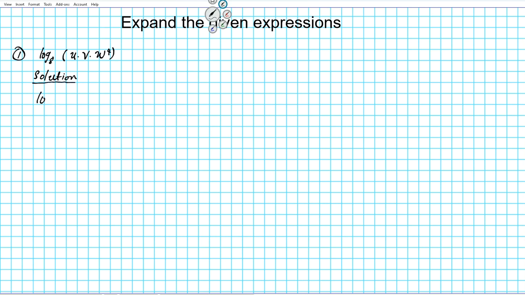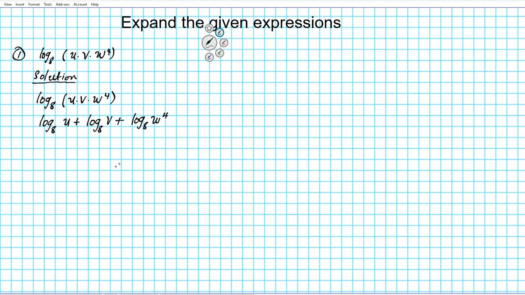All right, let's rewrite the problem. Log base 8 of u times v times w to the 4th. We're going to deal with the product first, and then we'll deal with this exponent later. So we have the product of three factors. Using the properties of logarithms, we know that the product of numbers is equivalent to addition in the log world. So these multiplication operations will change to the sum of the log of each factor. Okay, so we have log base 8 of u plus log base 8 of v plus log base 8 of